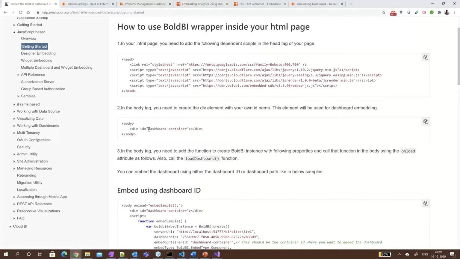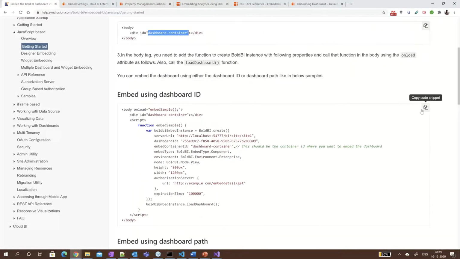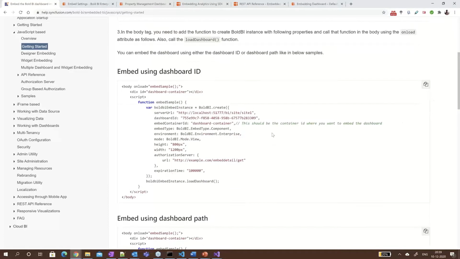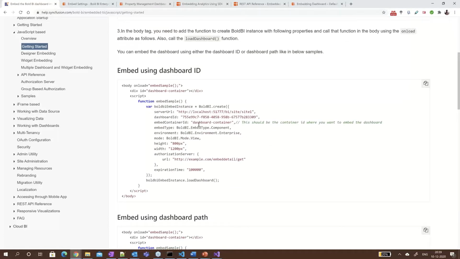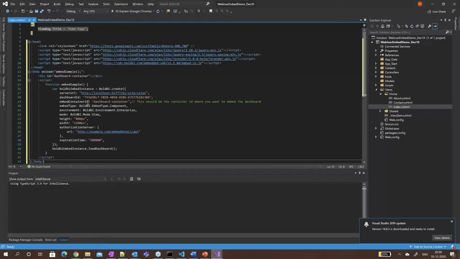By default, we can use the dashboard container mentioned in the Getting Started link. Here, the step 2 and 3 source is clubbed, so we can just copy the third step. In this embed sample function, I'm going to replace the server URL and dashboard ID with the information we have.